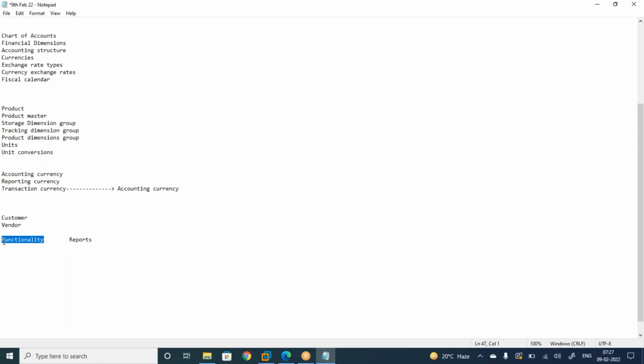If you give more preference to functionality customization, it will impact the system heavily. So if some functionality does not exist, don't go for functionality development, go with the reports development, even if it is complex. That will not create more problems for you. Okay, this word is for senior people.